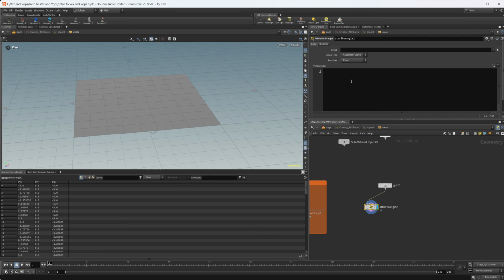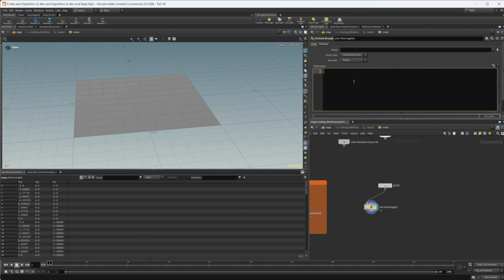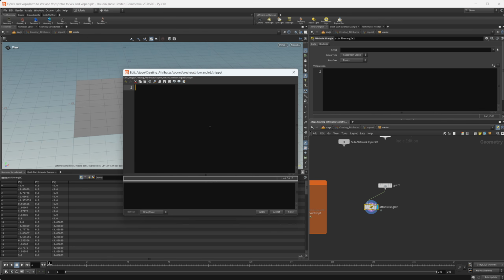So you can press Control and plus or Control and minus, and you can increase or decrease the size of the text in here. And for any box in Houdini that has this little black fill to it, you can press Alt and E, and it's going to pop that out. And then if I press Control and plus or minus in here, you can see that it's going to increase and decrease the size of both of the